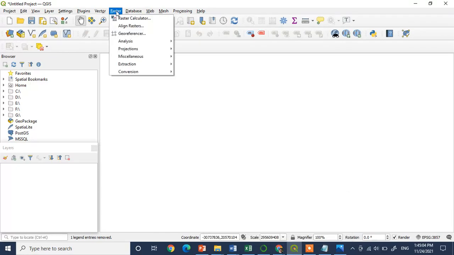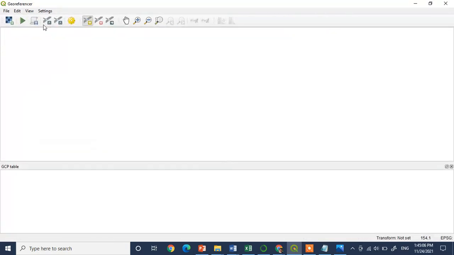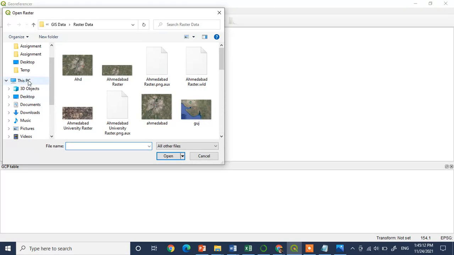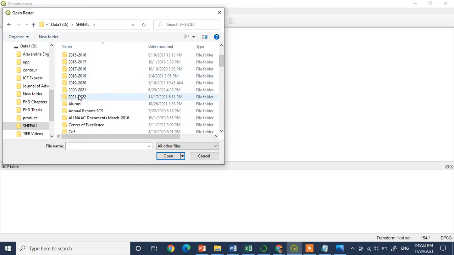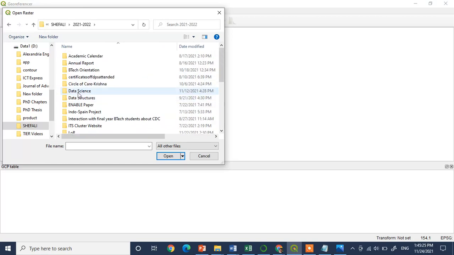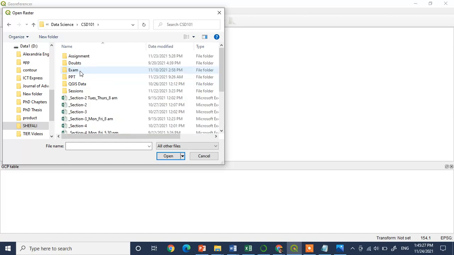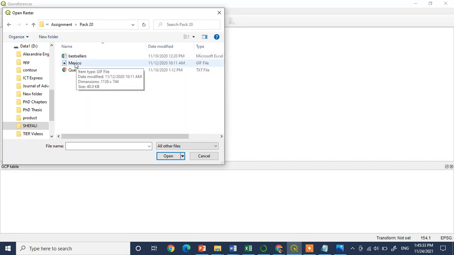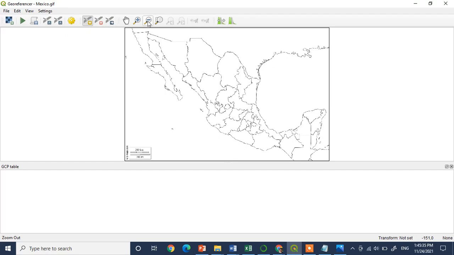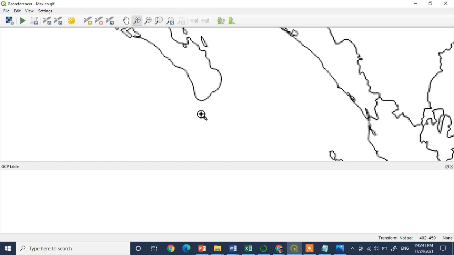First of all, click on Raster, Georeferencer, Open Raster and open the file which you want to do georeferencing. So select the file from the folder and we have this image.